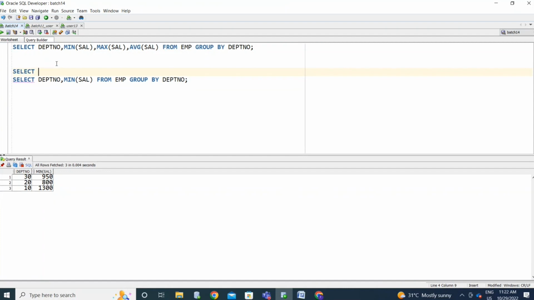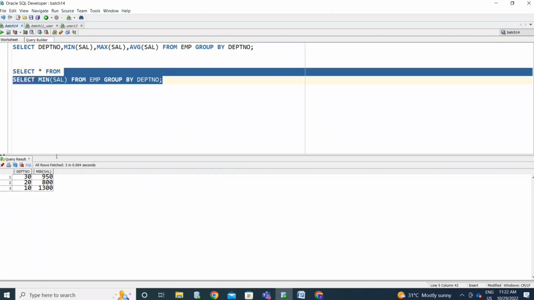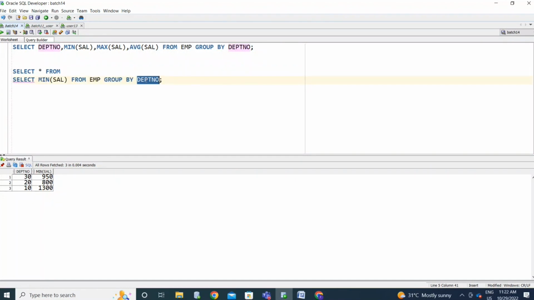I already discussed subqueries on that particular day. If I remove this, you will get the same minimum 950, 800 and everything. But you don't know who. See, if you are helping some people and want to expose that help to the public, in such a case you need to mention the column name, the column you are going to make as a division or group, in the select list. Else you don't need to put that. Okay. So you can use select star from EMP where